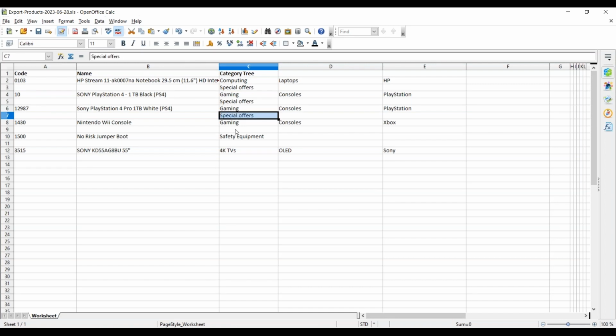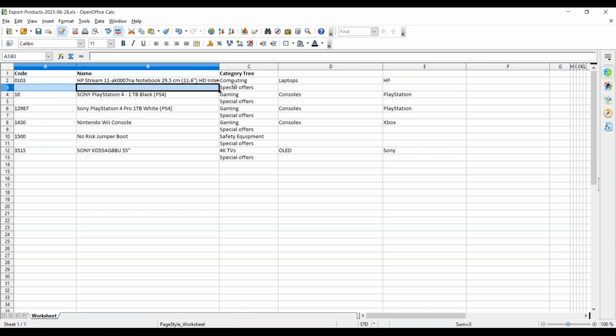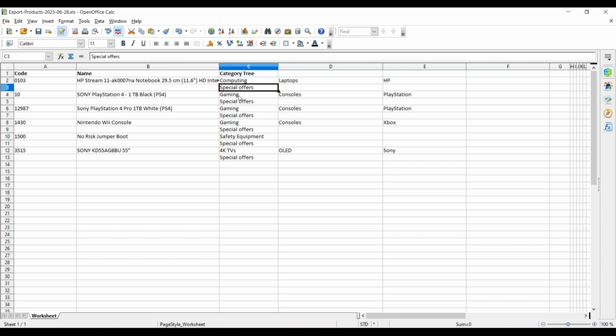Notice that all I need to do is make sure that it's in the category tree of computing, laptops, HP. Then the next line, it's blank from here, and it just has, under the same column of category tree, the next category. And then it goes on to the next line, which is the next product. So I'm going to save that